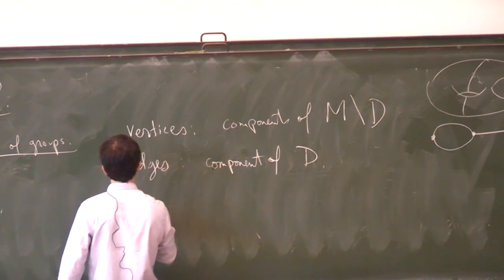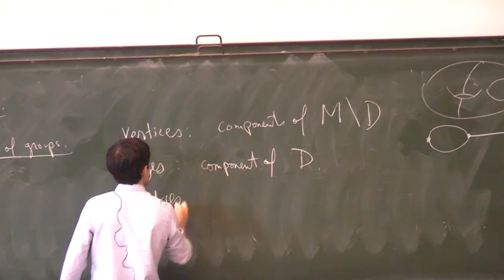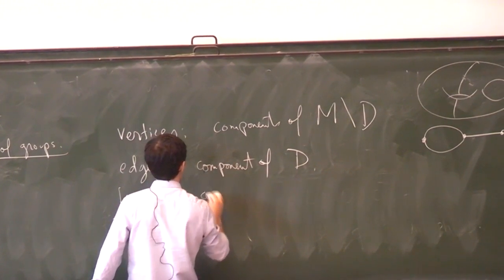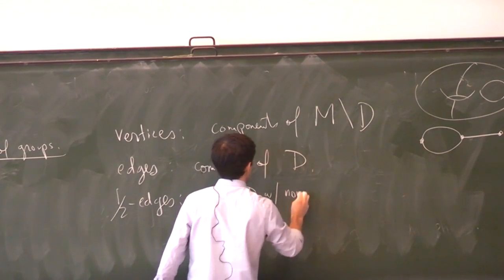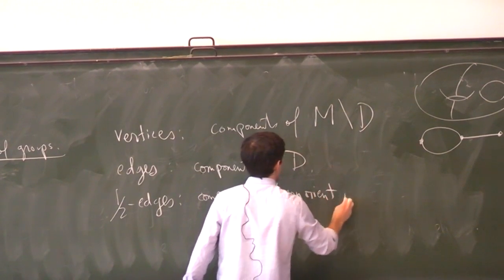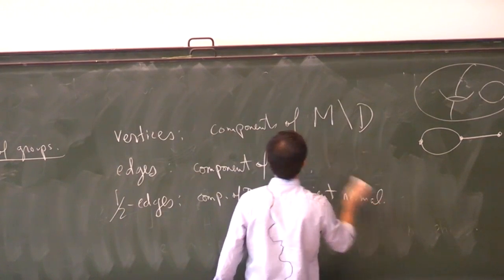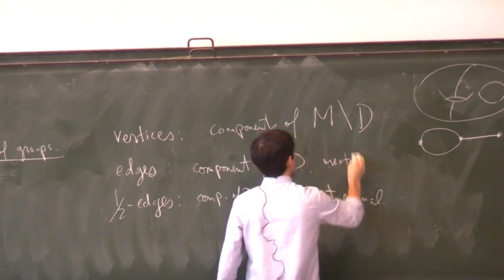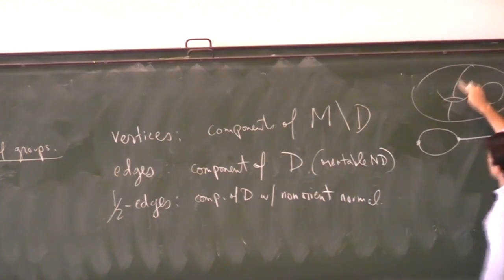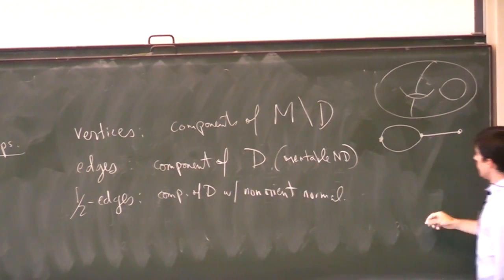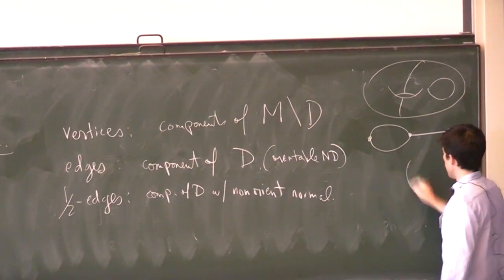And then I would also have half edges for the components of D with non-orientable normal bundle. So this is for orientable normal bundle. In this case, they all have orientable normal bundle, but for the CP2 case from before,